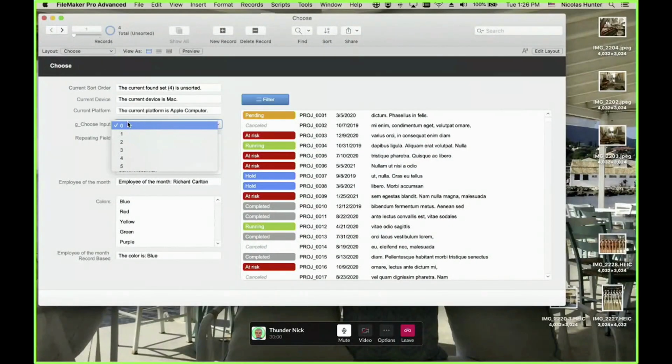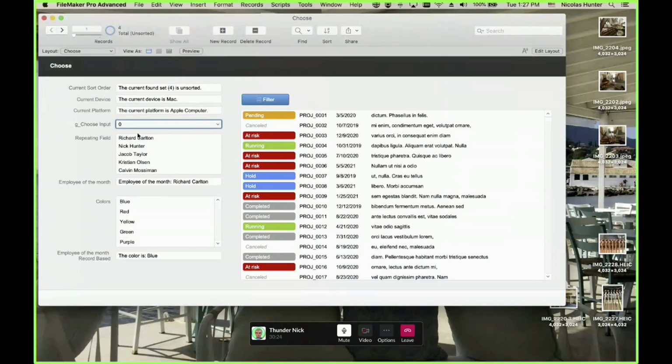And if I choose my input number 2, yeah, wait. So I said 0 is blue because the first is 0. You need to understand that. I keep saying it because otherwise you will always be surprised by this. 0 is the first, so 0 counts in the choose.